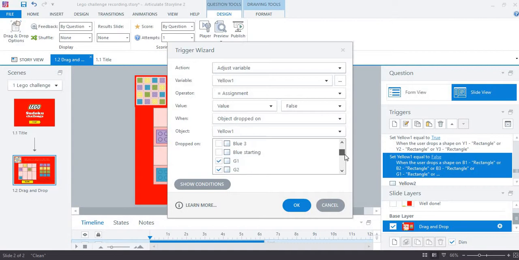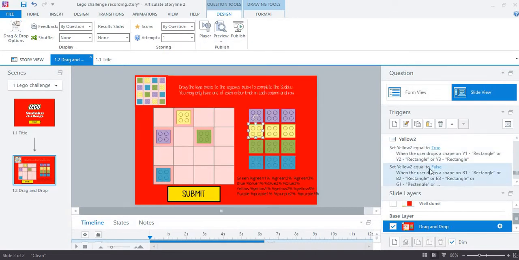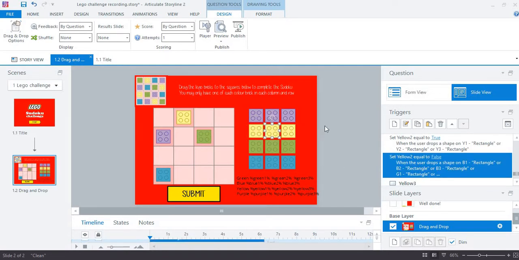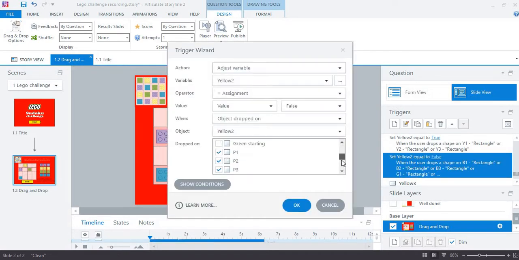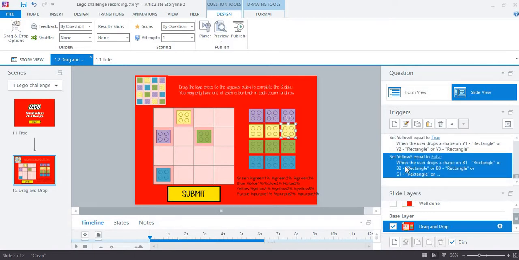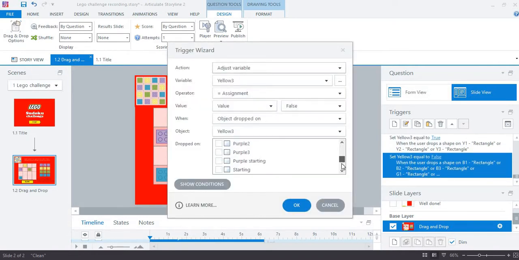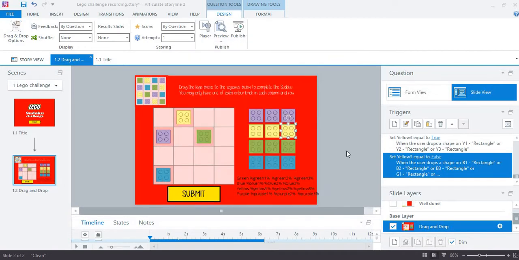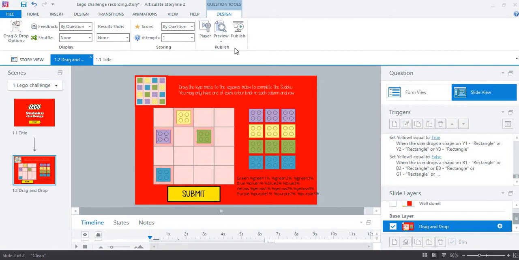So I've got blue, green, purple. Yep. So I've got blue, green, purple. Yep. So I'm just going to check the third one. Blue. Cool. Okay. So I'm just going to save this